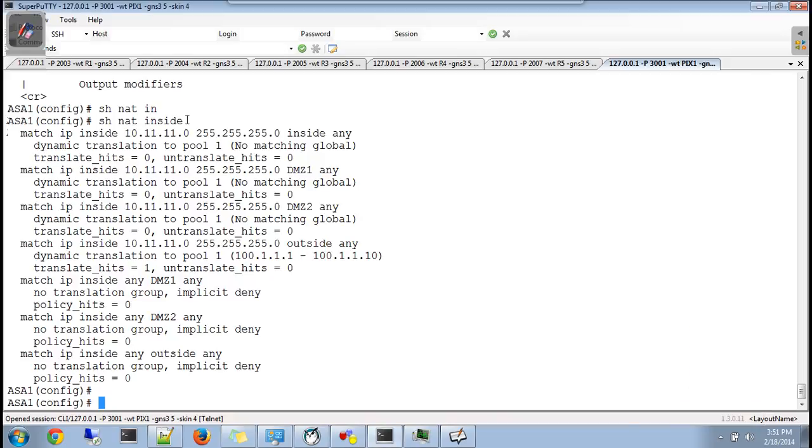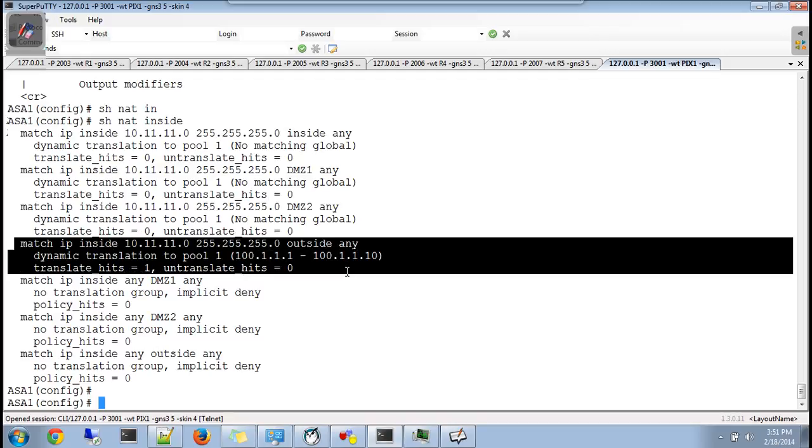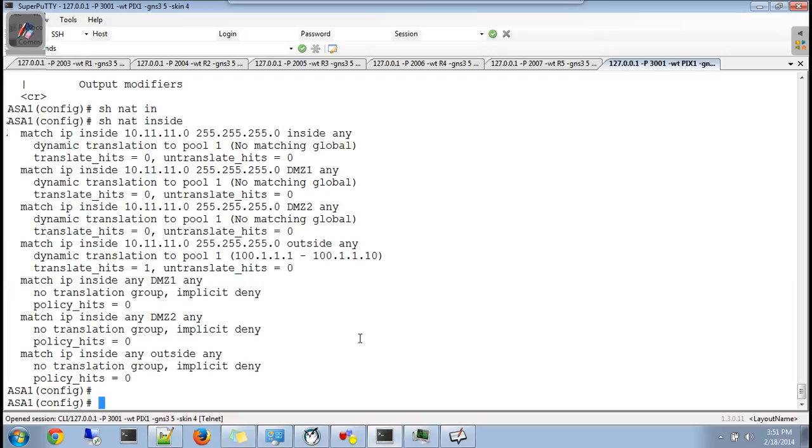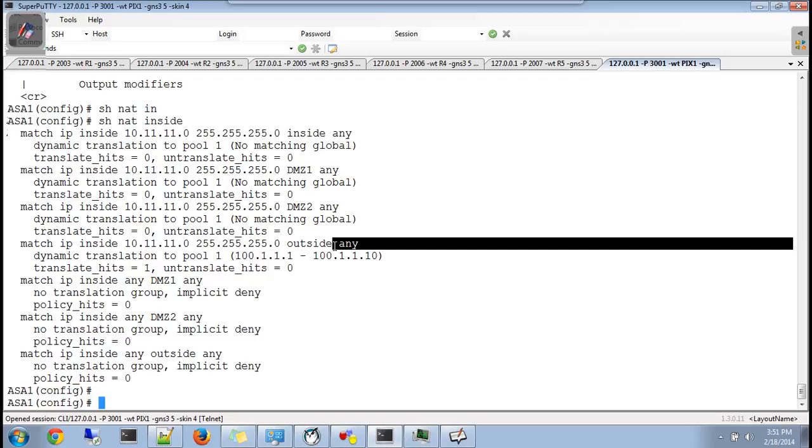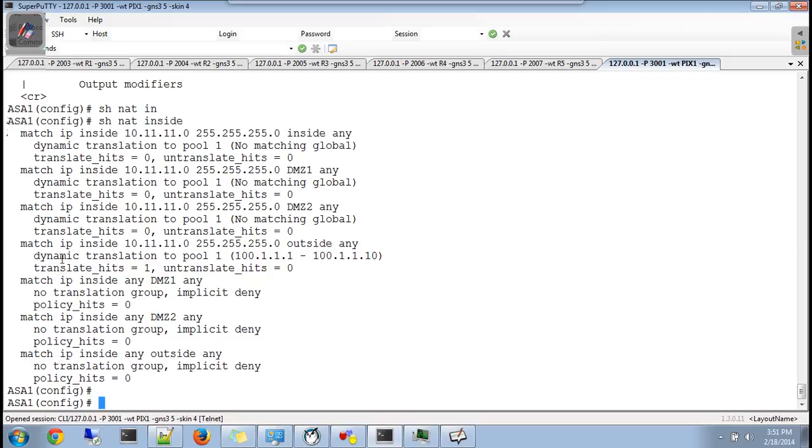Like on inside interface, where is it? You see this? This is the rule which has matched. What's the rule? That IP address from the inside network 10.11.11, if going to outside to any network on outside, then dynamic translation will take place for him.